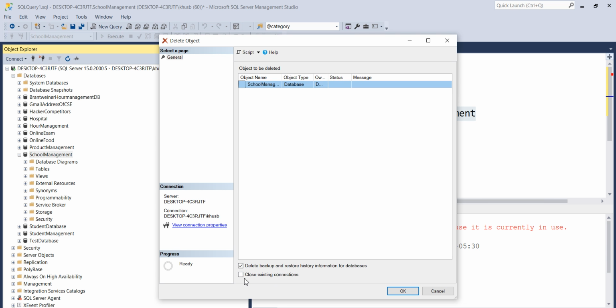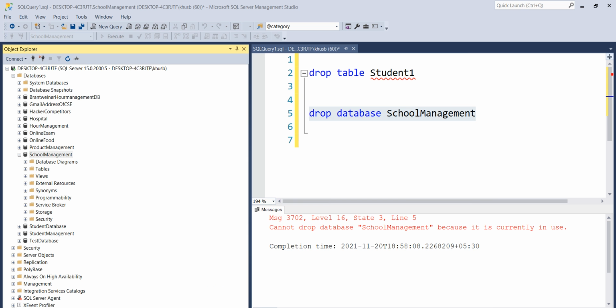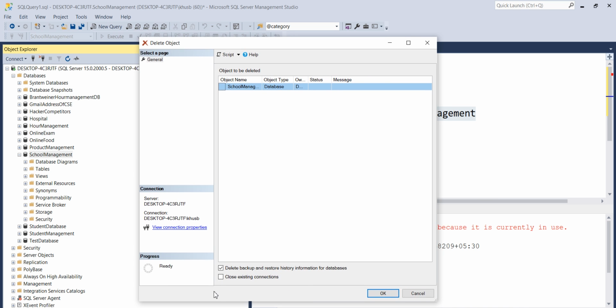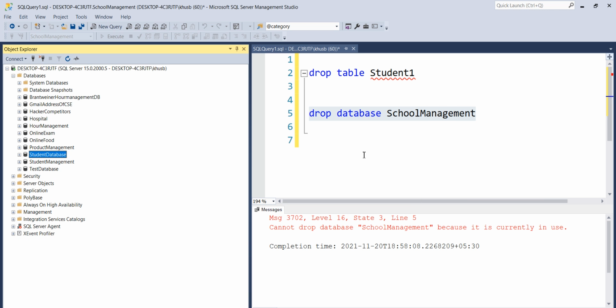So that's why Windows expects that it is still in use, and that's why the query is not executing right now. So we need to specify close existing connection. Whatever connection has been made up till now with this database is going to be closed first, and then it is going to delete this database. So here we go. We do not have any database called school management.